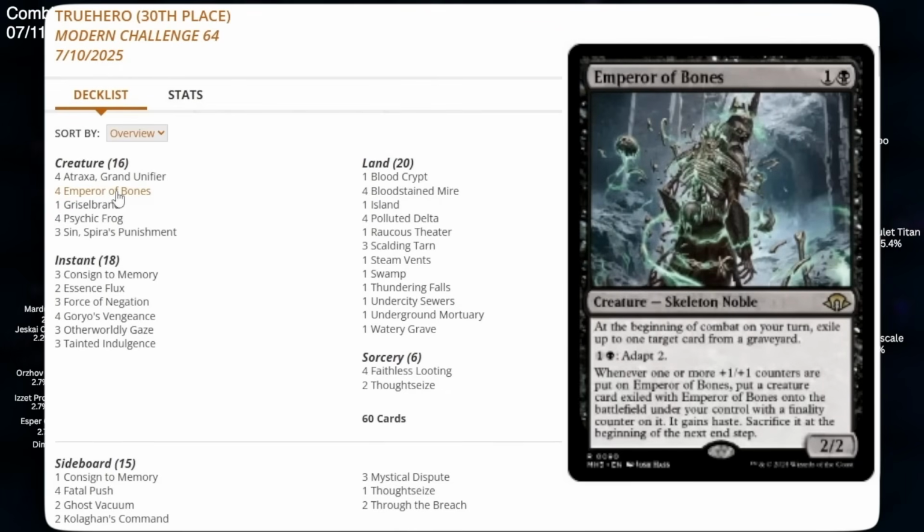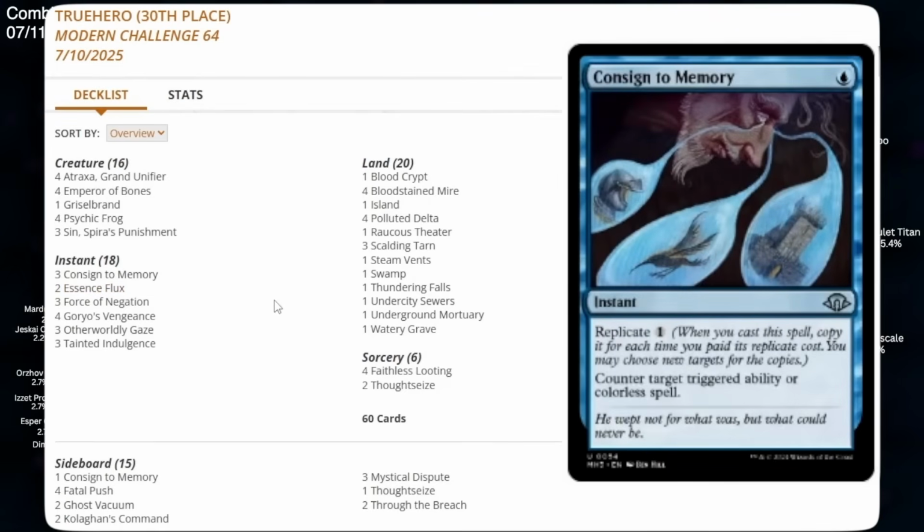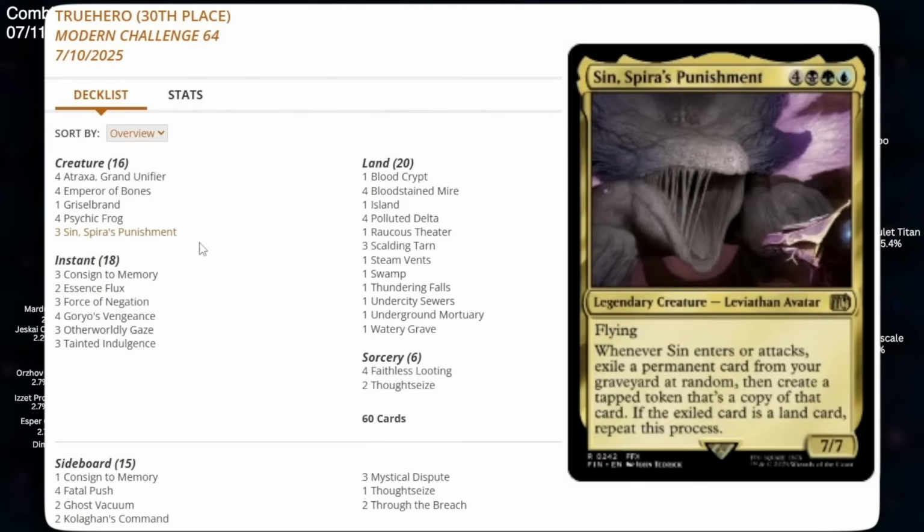Along with Emperor of Bones, similar concept. And then instead of Ephemerate that you usually see in the Esper Goryo's decks, we're playing Essence Flux, which is blue, exile a creature, then return it to the battlefield. So some cool ways to set up the whole reanimate angle, and Sin is one that I haven't seen a lot of people play before, but